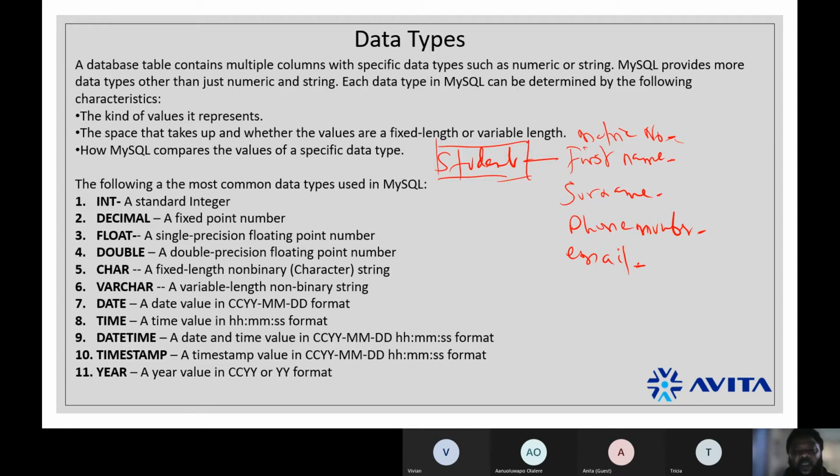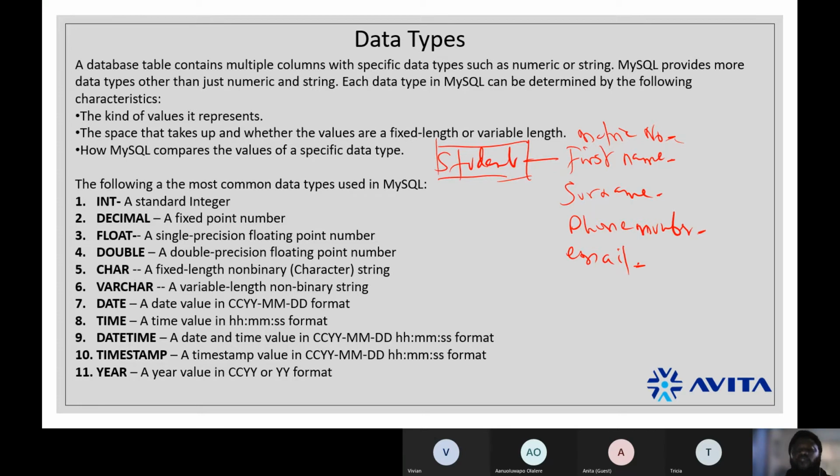What does that mean? When you have students, and you have the following attributes of a student, we need to understand that when you are creating your database or a table, you have identified the entity, that is the data point, and you have identified its characteristics or properties. You also need to determine the data type, or the kind of data, that these characteristics have. So take, for example, matric number. It depends on your work environment.